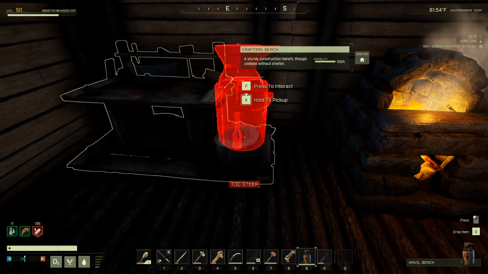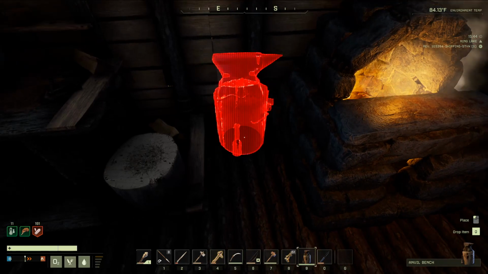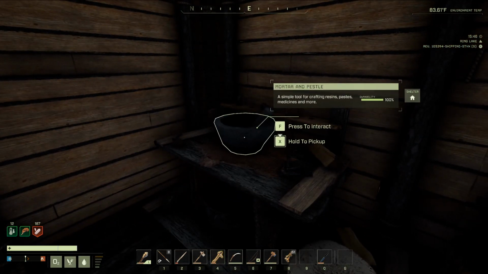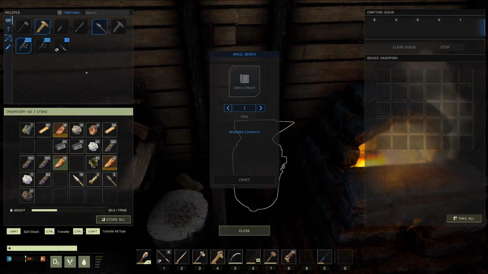Some of these benches you can put on top of each other. Some of them you can squeeze in tight spaces like this. Like this, you can stack on top of this. This is where you're gonna need,